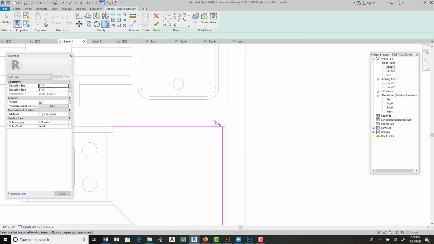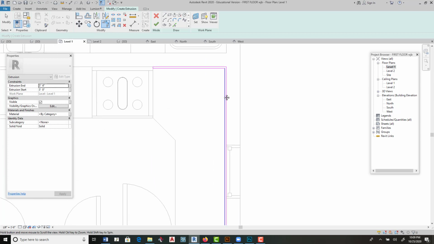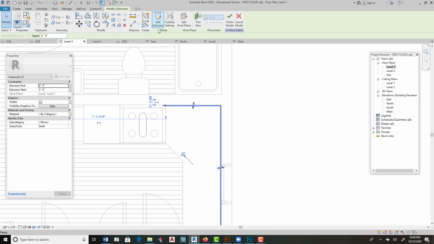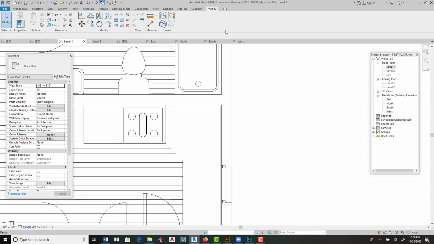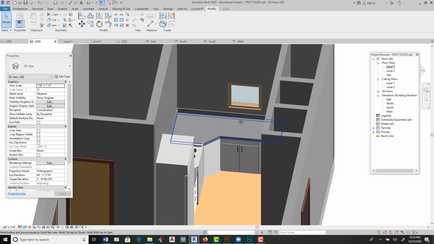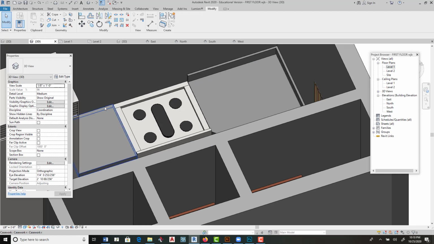Now we can fillet those two. There you go, and there you go. So now there is your total backsplash. Let's hit the green check and hit the green check. Now let's look at our handiwork. Wow, look at that nice backsplash. So now the only thing we have to do is put it on right there